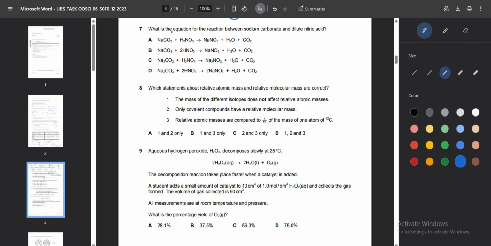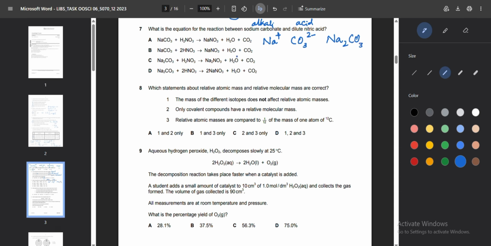Question number 7 is, what is the equation for the reaction between sodium carbonate and dilute nitric acid? Now sodium carbonate is alkaline, it's basic, it is an alkali. Dilute nitric acid, that's an acid, so it's an acid base reaction. The product should be salt and water. Next thing to check is the formulas. Our first reactant is sodium carbonate. Sodium has a charge of +1 and carbonate has a charge of -2. So the correct formula of sodium carbonate, if you cross multiply the charges, would be Na2CO3, and